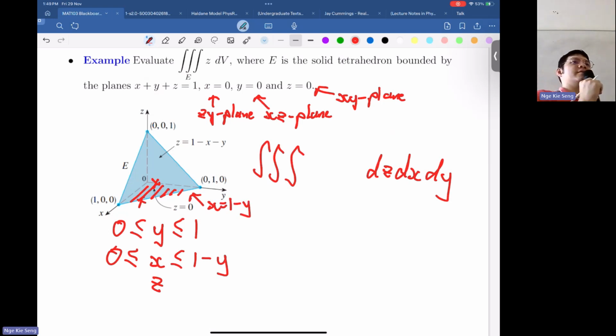问题吗? Okay. 问题吗? Okay. Which one? Okay. How about that? z goes from 0 to 1 minus x minus y. Why? 为什么呢？